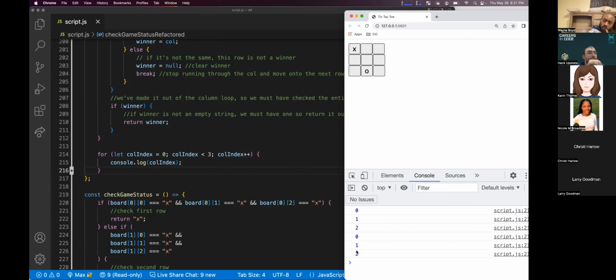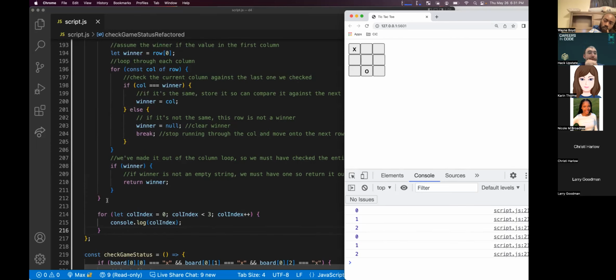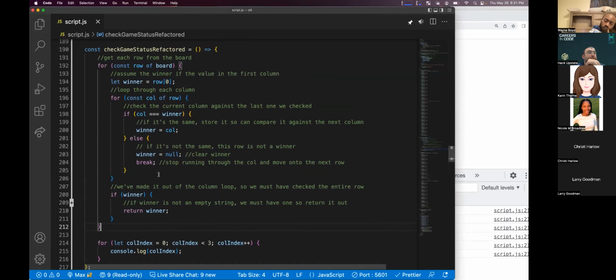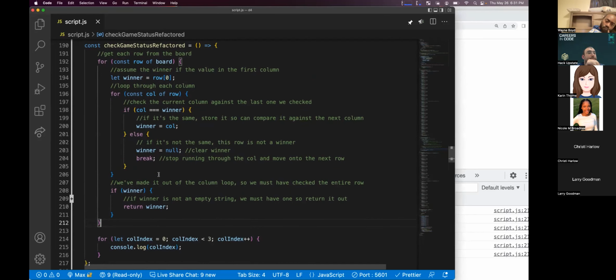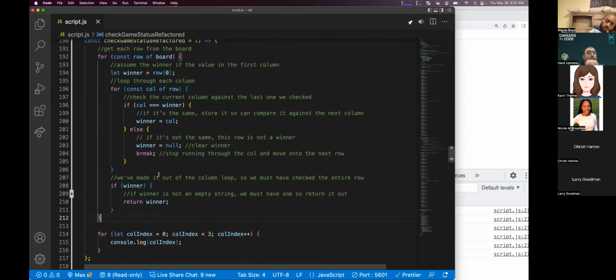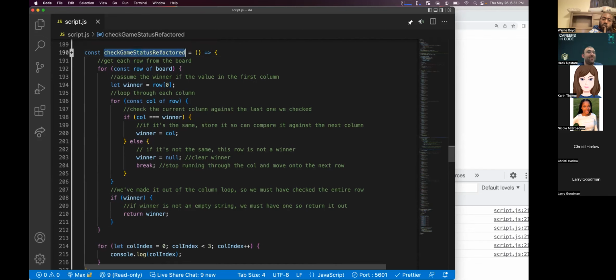Not inside the row loop. Nope, the row loop ends here. But you don't have that little thing on it. The semicolon? That's over here. Nope. How many times does it print out? Twice. Oh, once for the player, once for the computer. Oh. Bingo. We got to back our way out of this.